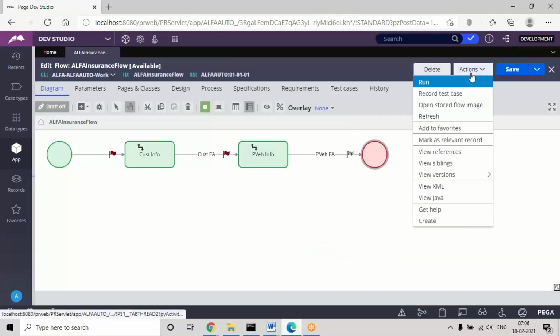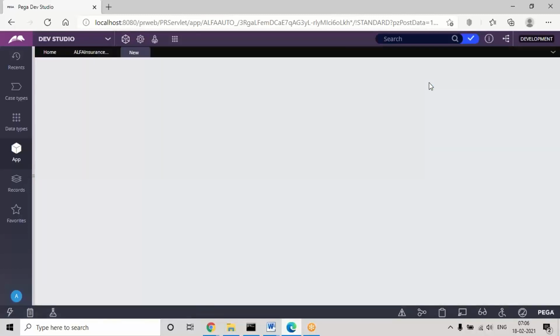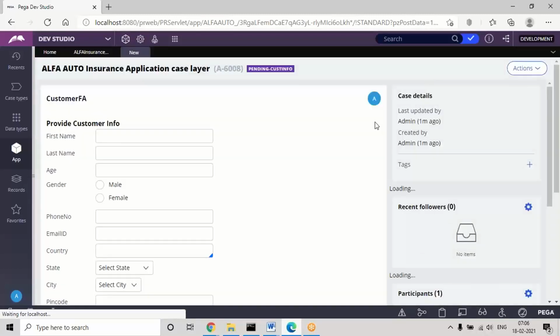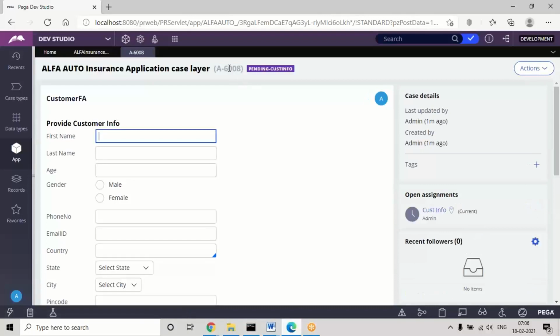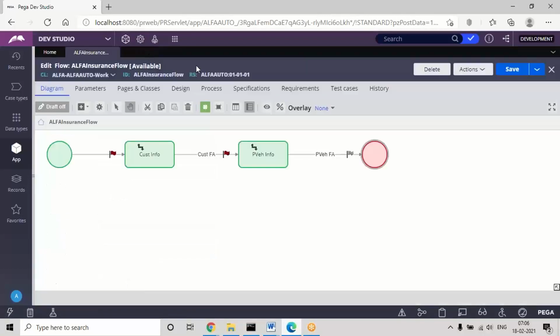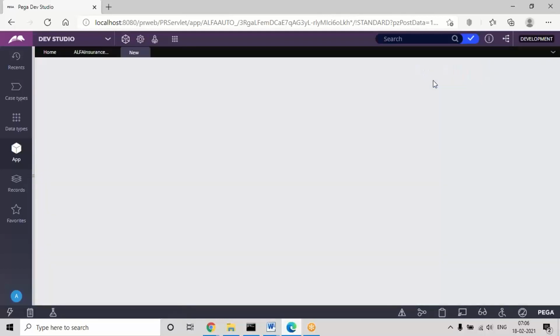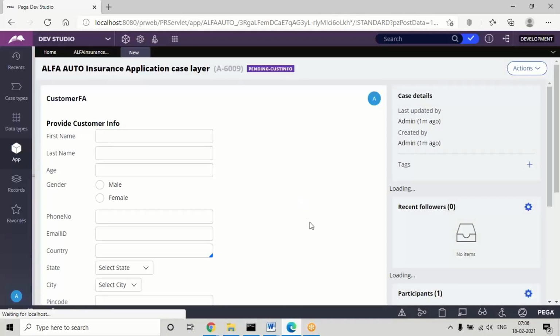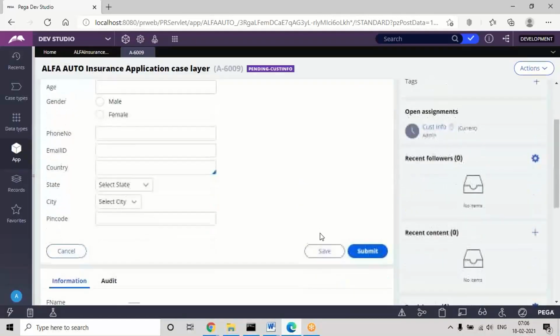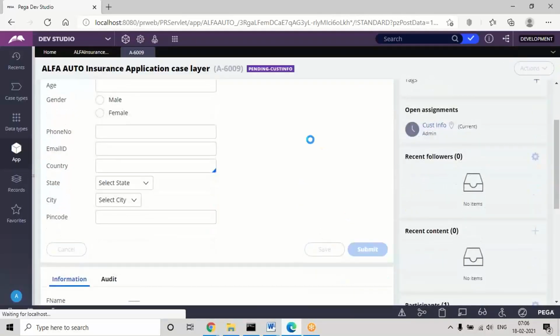Like that, I'm creating some entries in my application, so do the same in your application also. For example, this I'm closing at pending customer info, AIFN6008 ID. Like that, add some more entries. And the next one I'm closing at pending vehicle info.